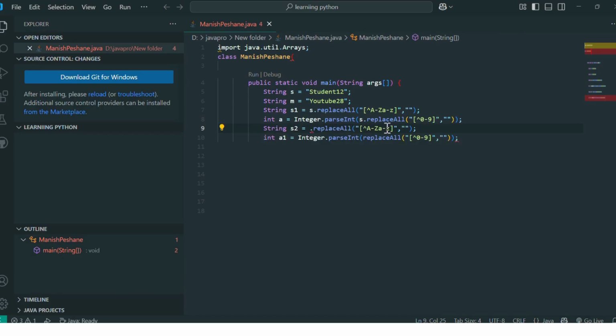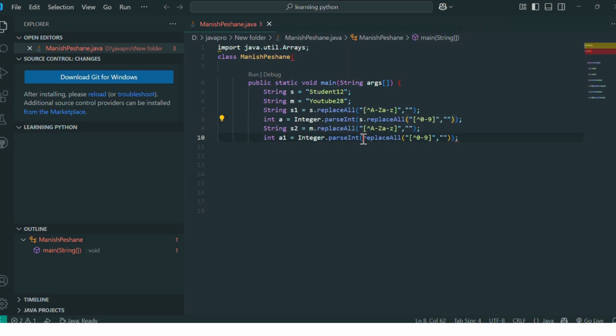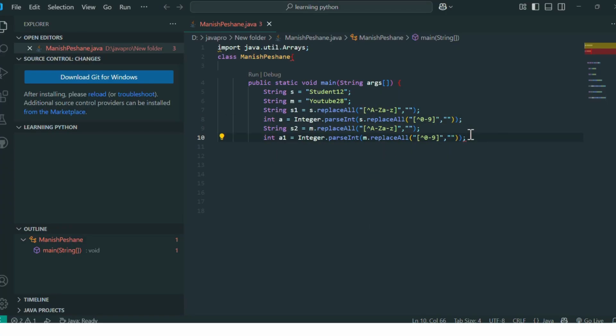Wait just a second, I have some confusion. I will solve this. Here we write m. We can see here we write one replace method. By using the replace method, it deletes the numbers in a string, and here the other method deletes the characters, the string, and only the numbers are replaced and stored in variables.